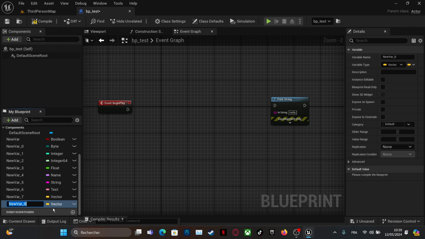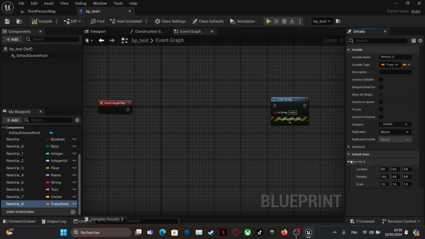Another type of variable is transform. As you can see, a transform has three vectors: the location, the rotation and scale. So the transform is when you combine three vectors, and you use it generally for a player's coordinates and to change its location, rotation, and scale. Use it also for actors that spawn in the world. We use it on all things we want to spawn in the world to manipulate them. And it has the same manipulation as vector. Just break it into three and then break the vector.